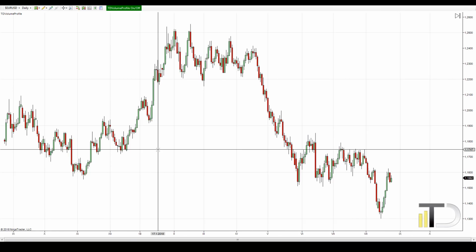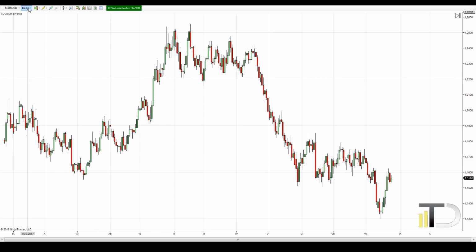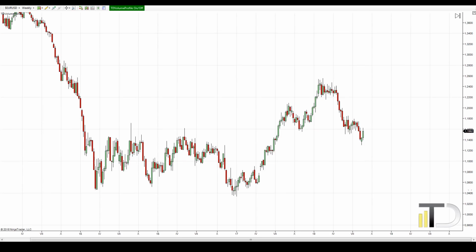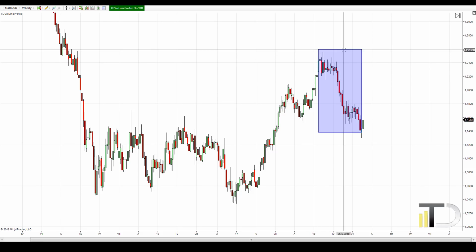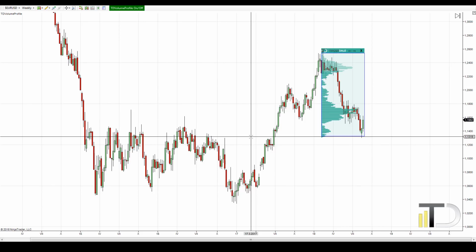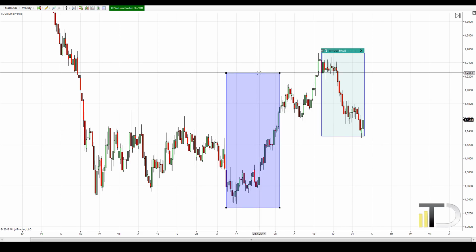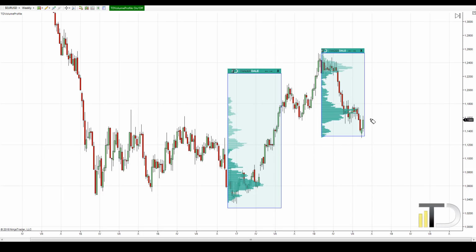Let's now have a look at the weekly chart, in which we will be able to see more in history, and we will also be able to see a bigger picture on the euro. And I'll show you some strong support and resistance zones on the weekly chart. Alright, so this is a weekly chart of euro dollar, and let me draw the profile for the current downtrend area, and let me also show you a profile of this area. If the downtrend on the euro is to continue like this, then I think that the first really significant support is this area,